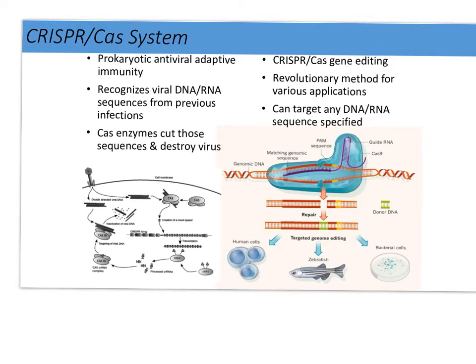First, it's got this thing where it has a record of all the different kinds of viruses that have, in terms of DNA sequences, that the cells have been infected with. All the way back, from parents to offspring, all that kind of stuff. And then they've got enzymes that cut those viruses up into little pieces. Well, someone realized that you could actually hijack the whole system and use it to edit genes